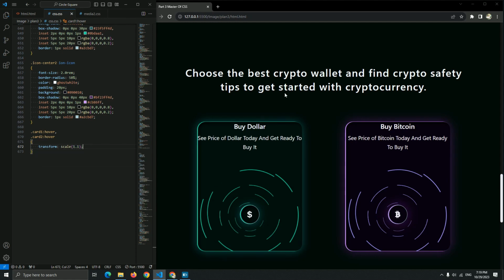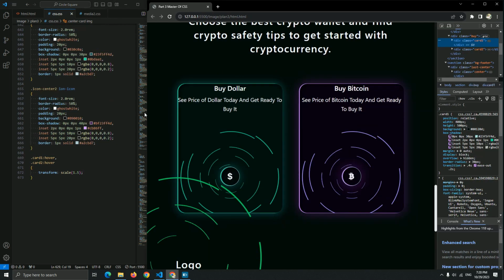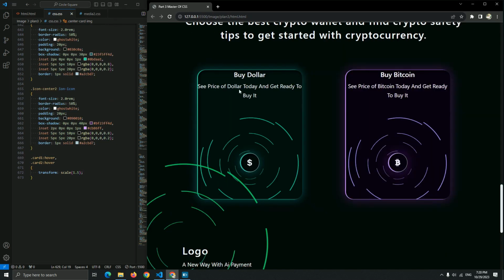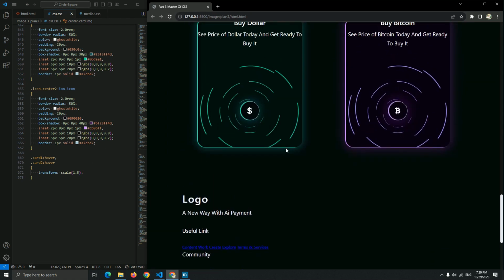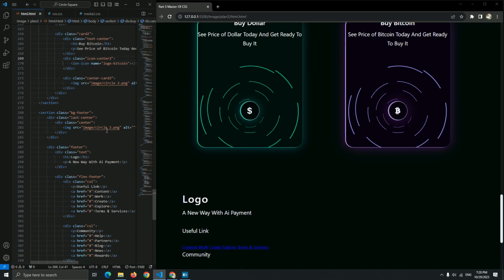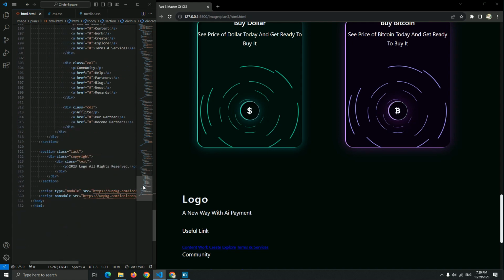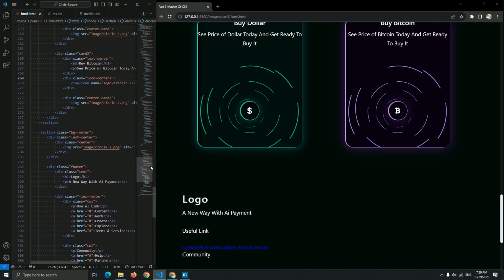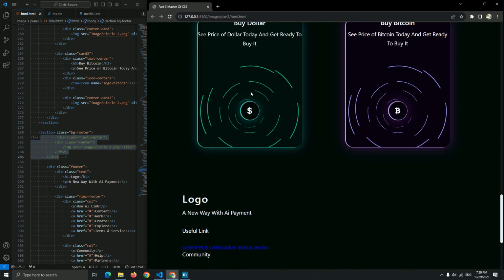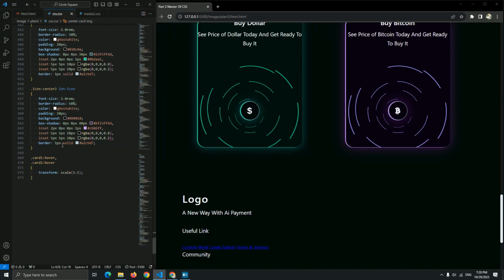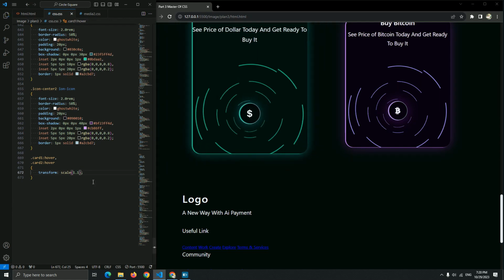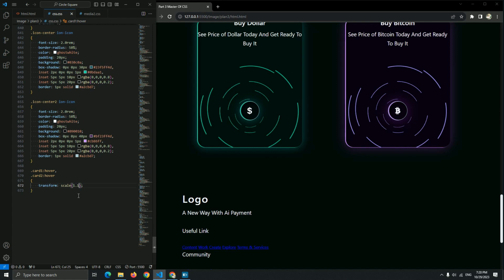It's not working. Why? Oh, I'm sorry guys, okay, the problem is at this center of the footer. This is the problem, so let me just turn it off to see the hover animation. Where is it? There we go. Let me just turn it off. I'm sorry again. Okay, now yes, the hover is working. Let it be 1.1. Okay, now this is our first hover.